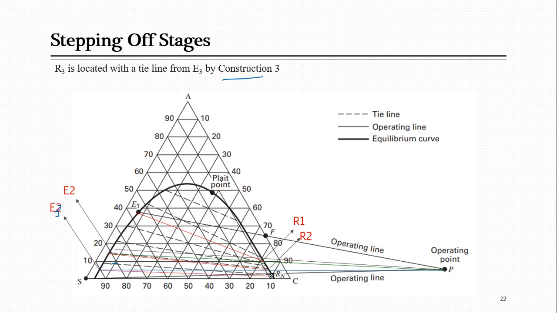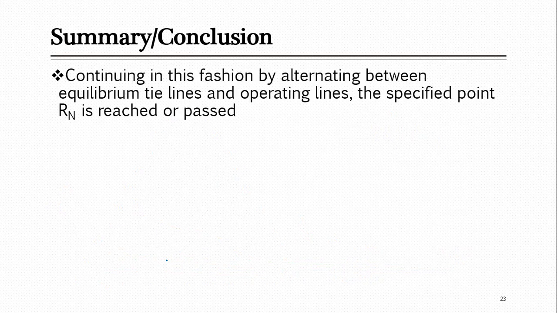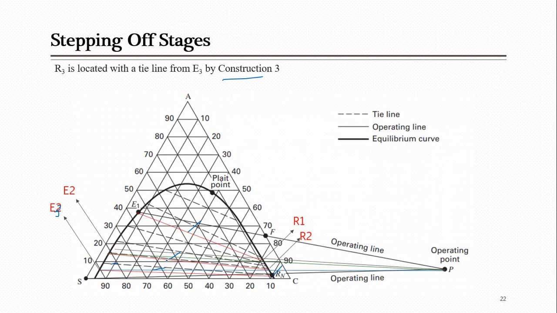So overall you can just draw a line following this same tie line, connecting this E3 with R3. Actually the point where it is connected, you can see that you have reached Rn, so now you can stop. So how many stages have you done here? Up to here, the red lines, which are the new tie lines you have drawn in the system, indicate your stages. So these are 3 stages in this system. That's the summary of this stepping of stages.